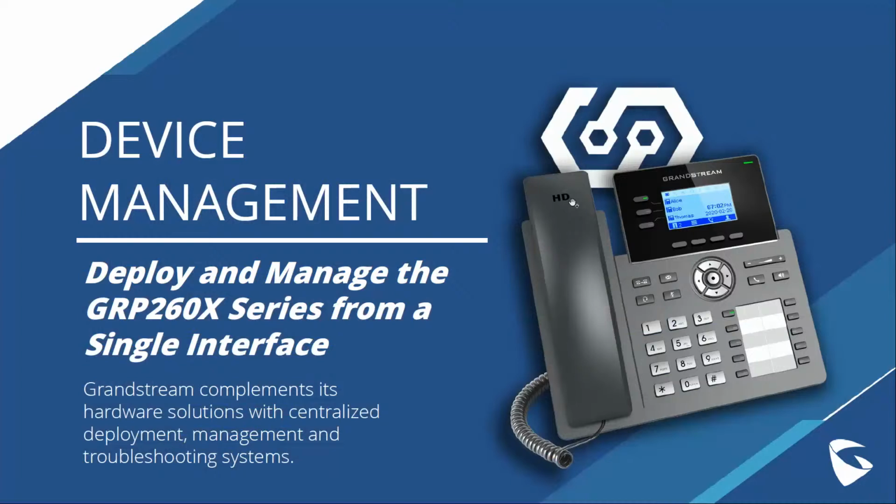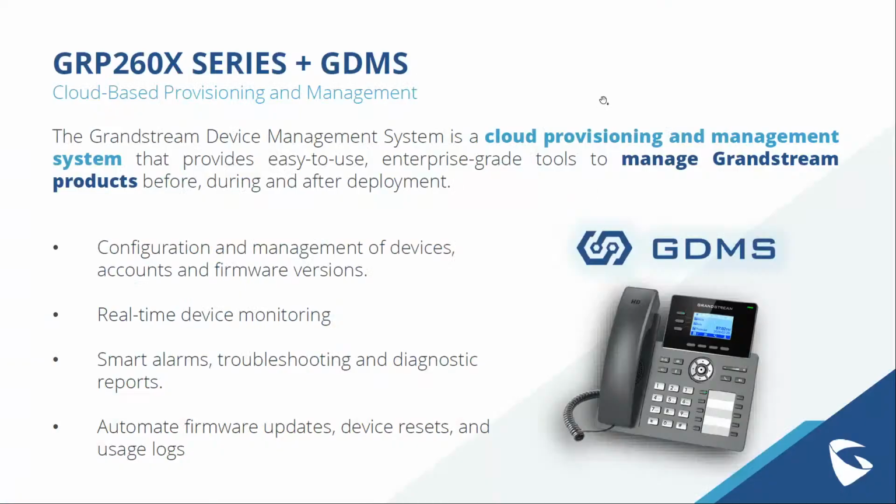Next is the device management. For those who are not familiar with GDMS, it is a cloud provisioning and management system that provides easy-to-use enterprise-grade tools to manage Grandstream products before, during, and after deployment. With this, we could register the devices and manage these devices anywhere using the cloud. This could be especially helpful for